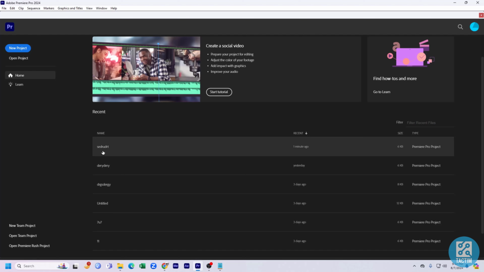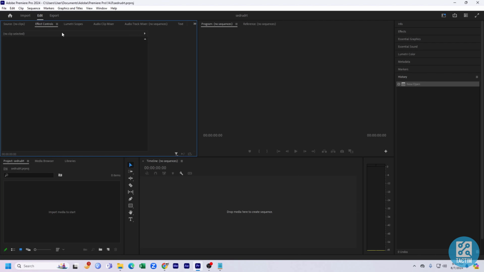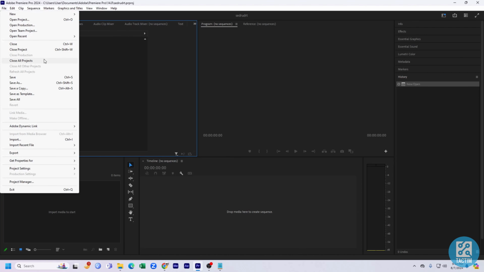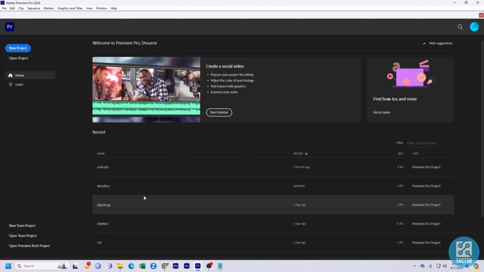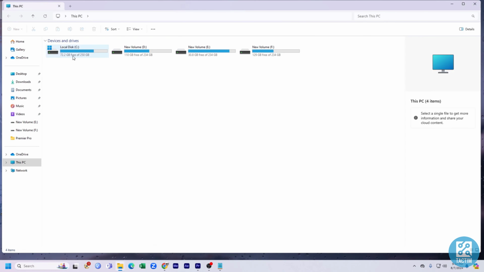If you click on this project, the project will be opened like this, and if you want to delete this project, let's go from here, closing the project. And as you can see this project here, if you move your mouse cursor here, you will see the location of the project, and you need to just go through the location. So let's go to the location,